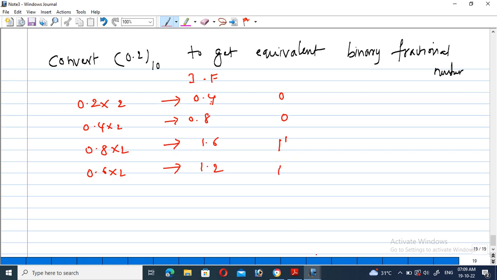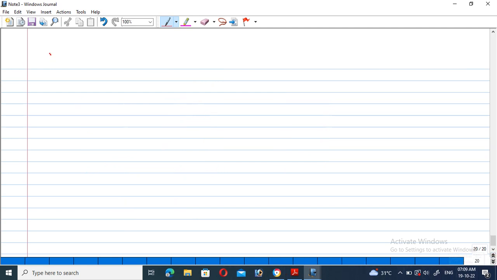As well as if you want to represent the equivalent number in the case of the fractional part, you have to take the corresponding integer parts from top to bottom. So represent 0 0 1 1 as the equivalent binary number for this decimal number. What are the steps we did first? Can you write these steps for this one? Step number 1,